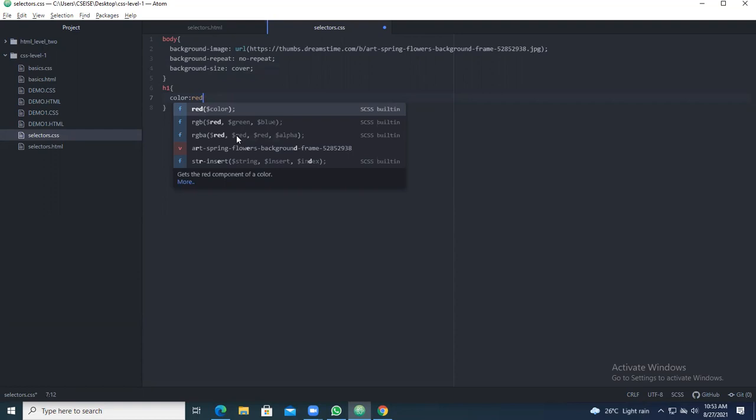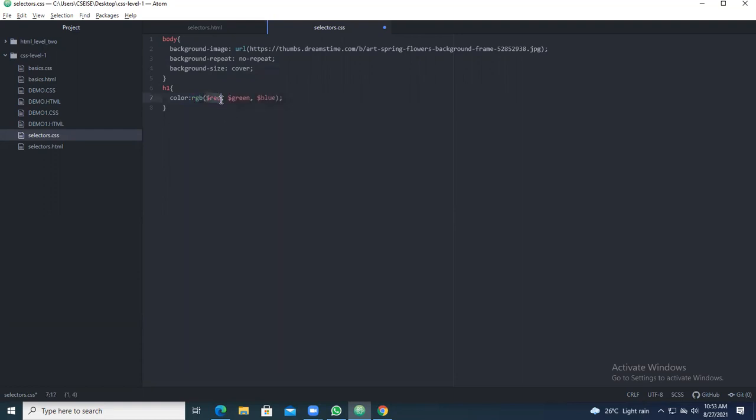These are the formats you are having. I will be taking RGB. What can be the color? That you have to think. You can take it as 200. I have already given the demo of the values of RGB: our values will range from 0 to 255. For blue, I will be giving it as 10. Now you see the H1.